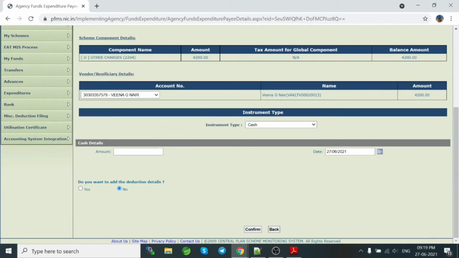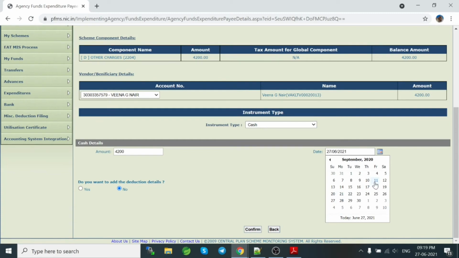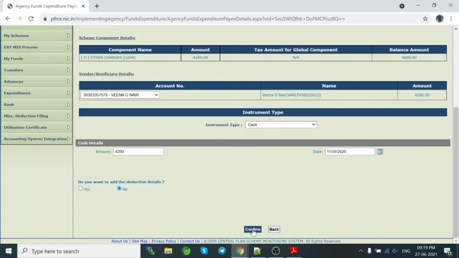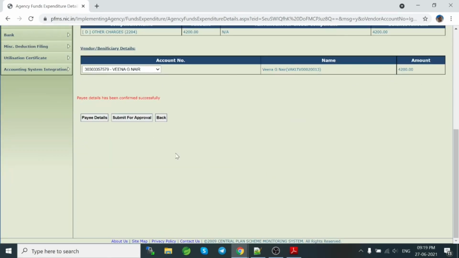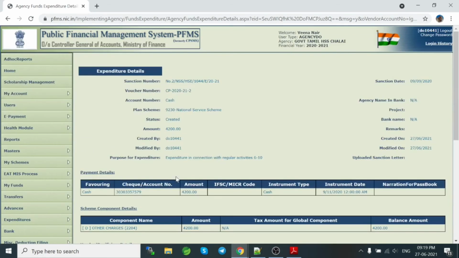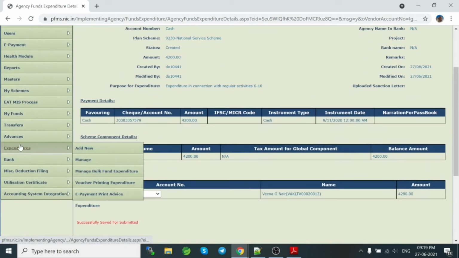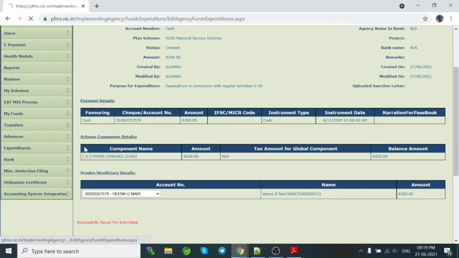Then again scroll down, here give the same amount 4,200, give a date in 2020 September. I give 11 here, the next date of what we entered earlier, then click confirm, again scroll down and submit for approval. Now again do the third entry, expenditures, add new,